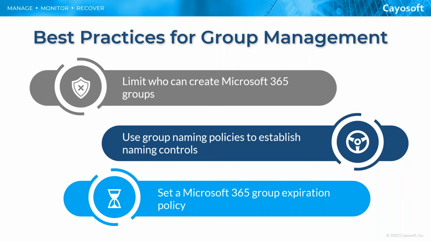And if the group is something that's being very actively used, then it can even renew without the owner having to do anything, which is really helpful because you may have some group owners that own a lot of groups, and you don't want to overburden those group owners with constantly having to renew groups. So what do I mean when I say that if a group is being actively used, then it can automatically renew? Well, Microsoft has a lot of really specific criteria for what will initiate an automatic renewal of a group.